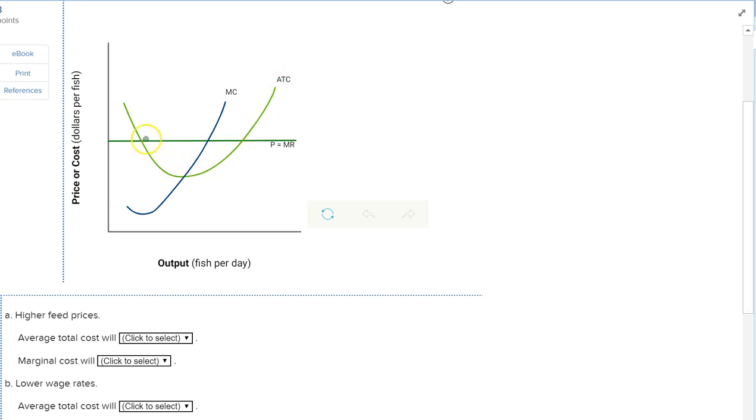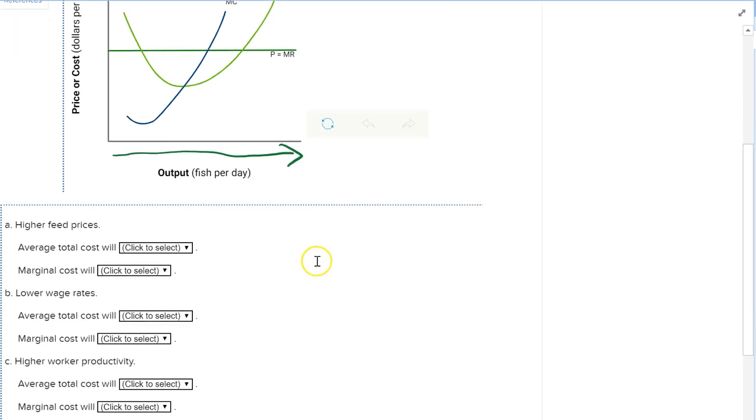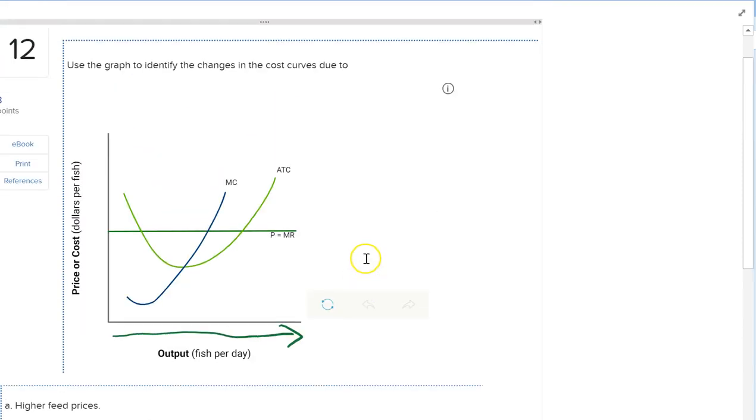And from the materials, hopefully you read about why it decreases at first and then increases over units of production. And then our marginal cost curve, and again, it decreases at first and then experiences diminishing marginal returns and increases over units of production. Not necessarily time. We always say units of production because we're talking about as output increases. So if higher feed prices